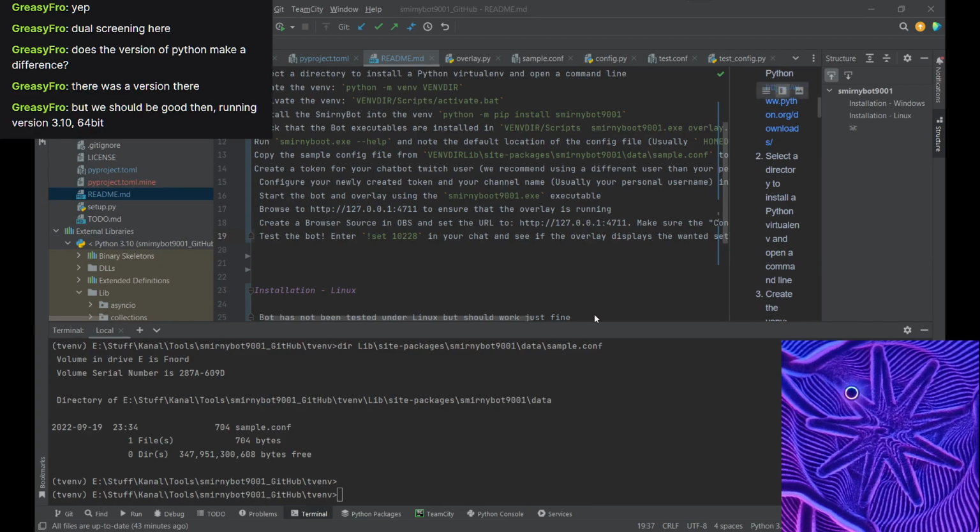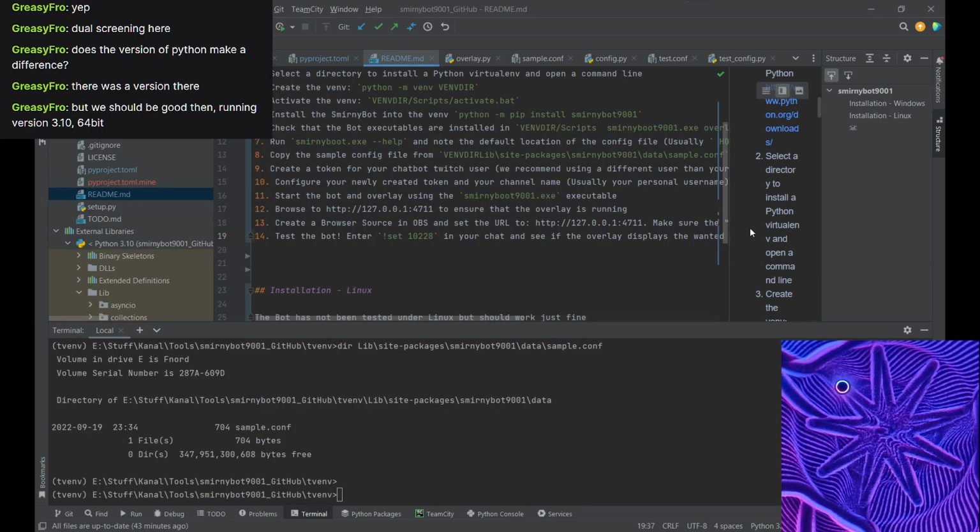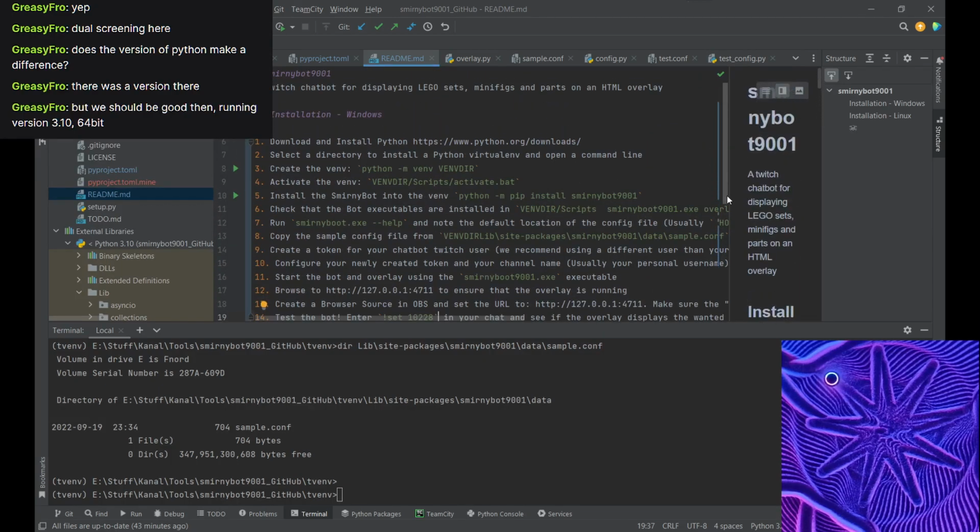Okay, so I wrote the instructions now. Should I walk you through it? And then if we have viewers working, I will record a small video how to do it.